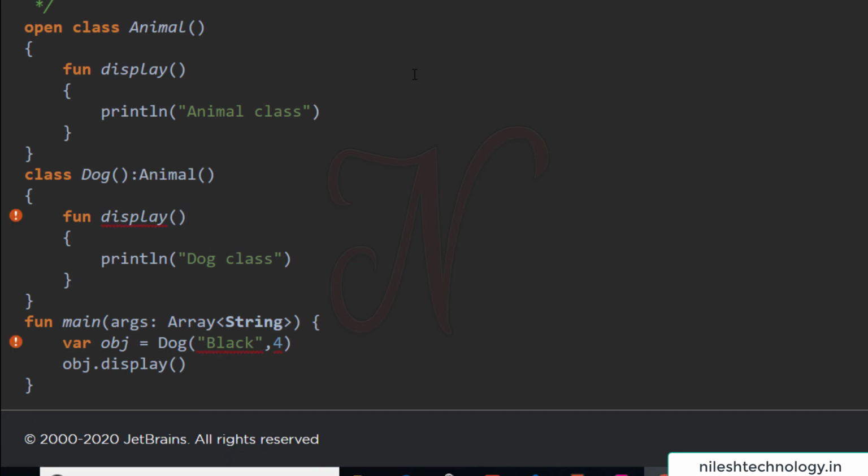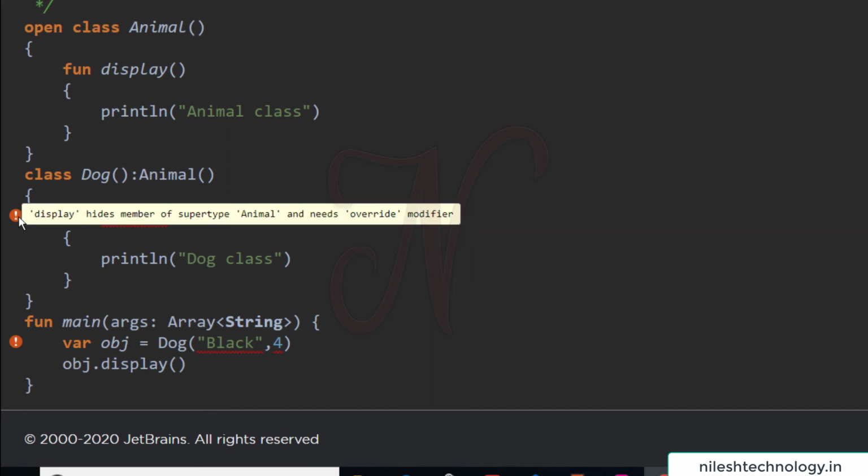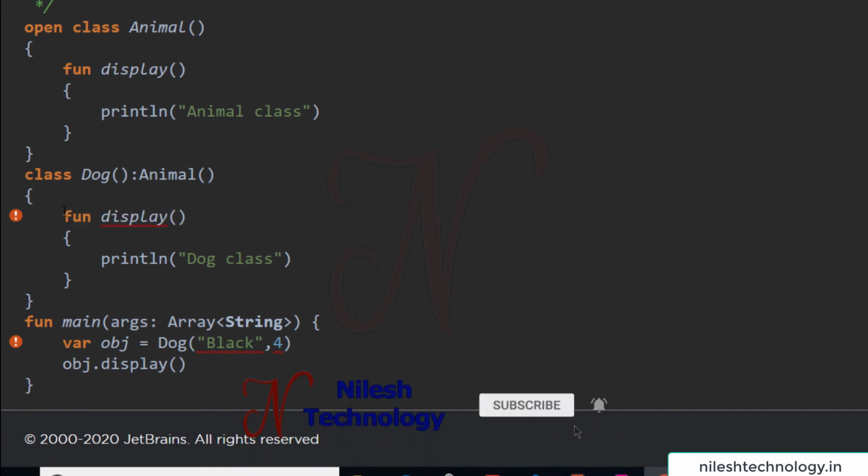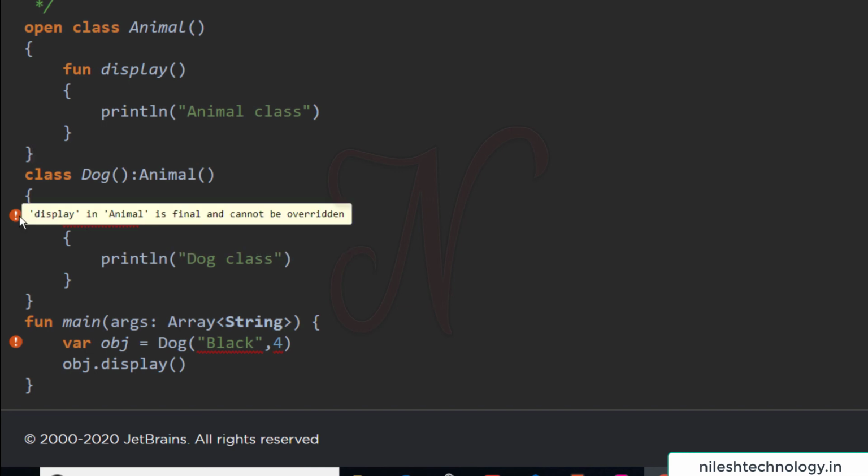Here this is the dog class. See, both functions have the same function name. This is function overriding, but see, this is an error. Display hides the member of a supertype Animal and needs the override modifier. So here we need the override keyword. So override. Now see, again there is one error. Display in Animal is final and cannot be overridden.